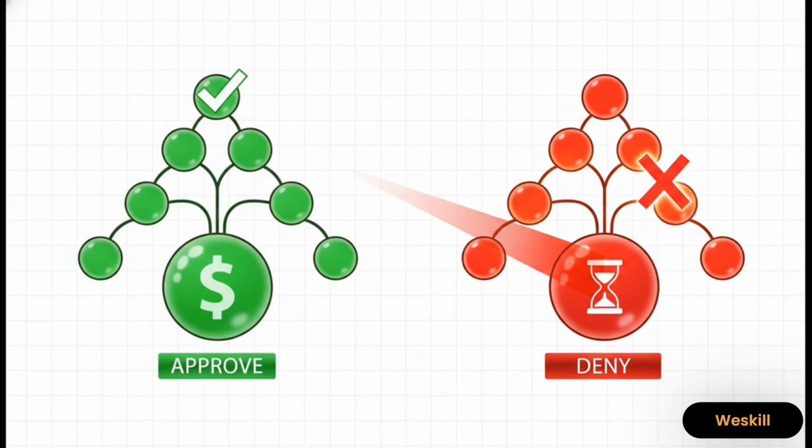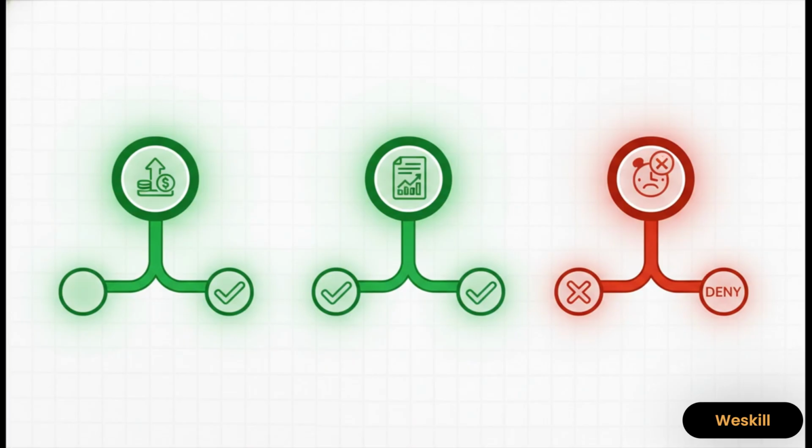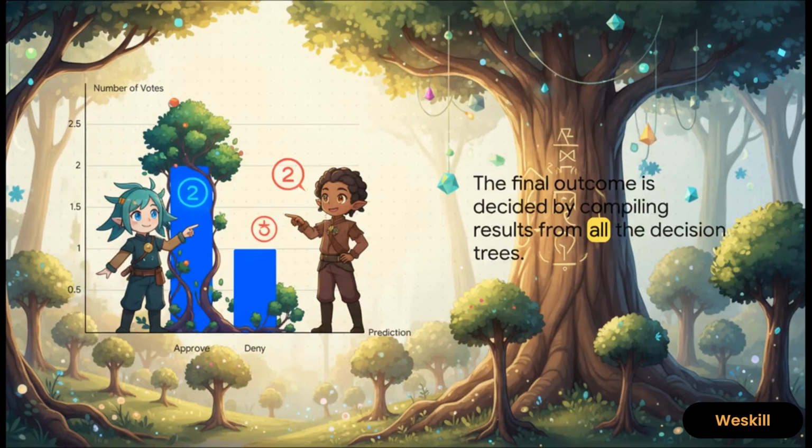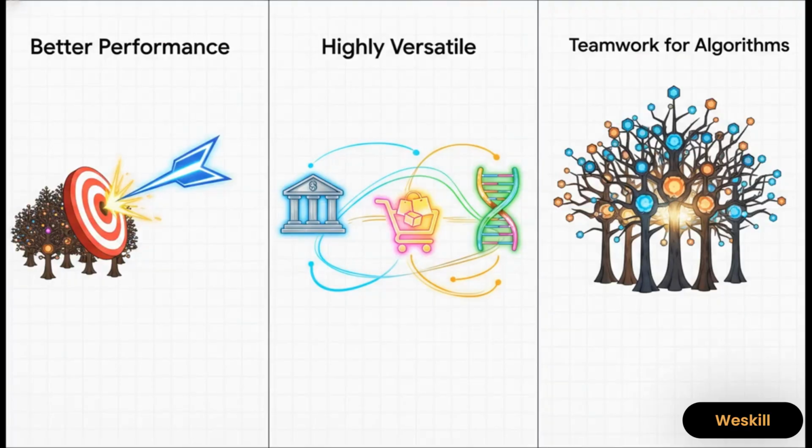See, now we have some disagreement. And here comes a third tree to maybe break the tie. Its random set of features leads it to zero in on the applicant's credit history, which, let's say, is fantastic. So it also casts a vote to approve. So what's the final verdict? We just tally up the votes. The forest has spoken. With 2 votes for approve and only 1 for deny, the final prediction is to approve the loan. It's that simple. By combining these simple, slightly different decision makers, we get a collective judgment that's way more reliable than any single one of them could be on its own. It's literally majority rule.